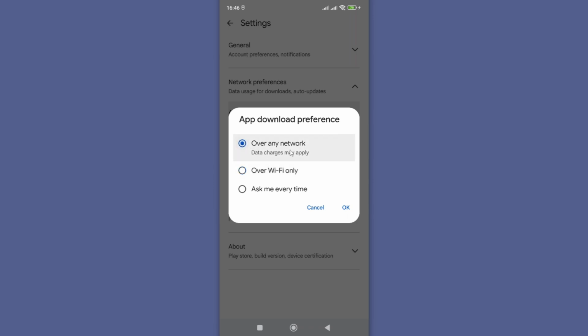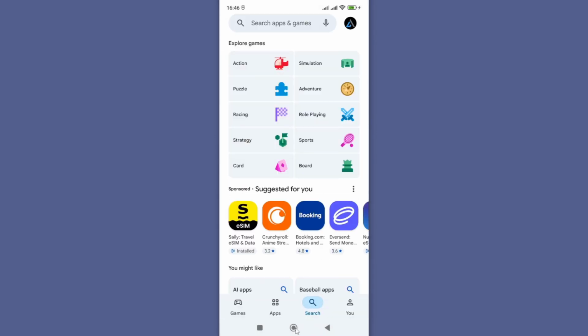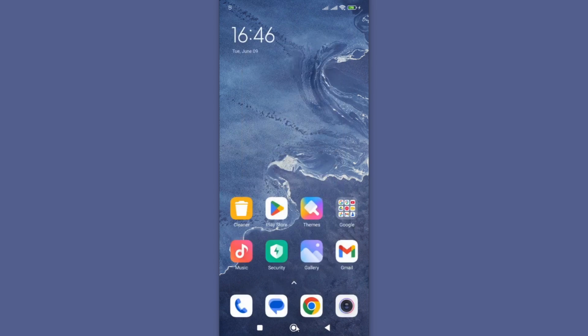This will ensure you can download and install apps via the current network you are connected to. To save the changes, just tap on OK and go try to install your app. However, if you can't still download and install InShot at this point, then the problem might be with Google Play